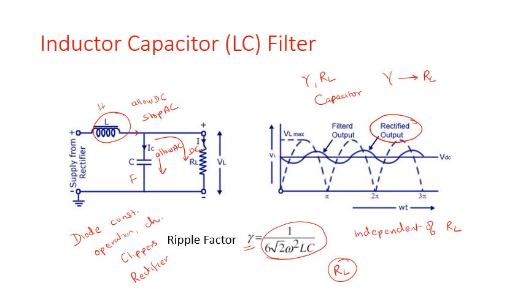rectifier is made. What is a full wave rectifier? How do you use a full wave rectifier with and without filters? What is the difference when I've added a filter to my rectifier circuit, and what exactly is ripple factor, and how do you select components to create a filter? Which component is placed in series and which component is placed in parallel? I'm hoping that you understood everything about diodes that we've studied till now, because diodes play a primary role in any device that you are going to study.